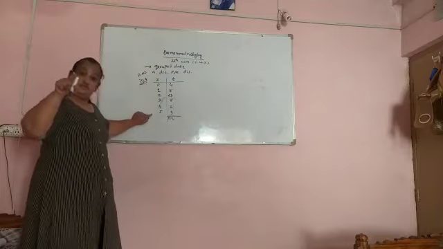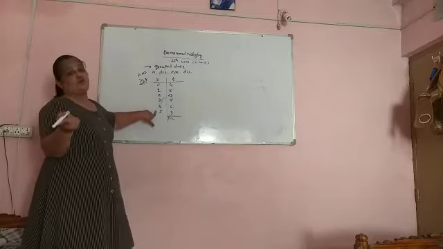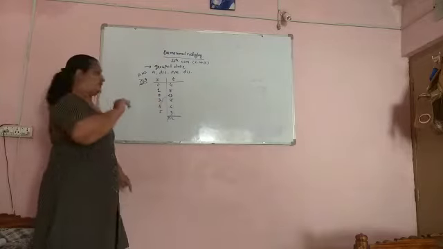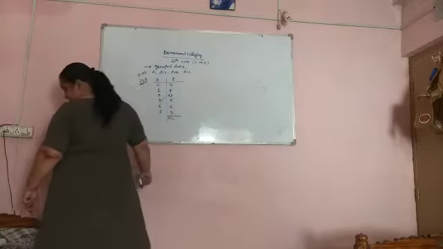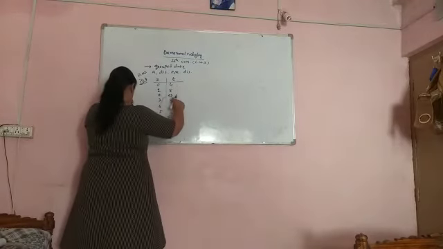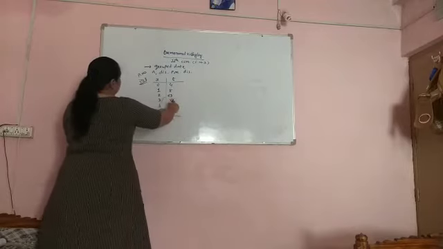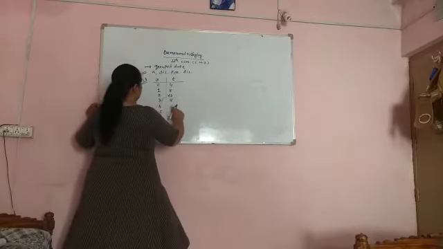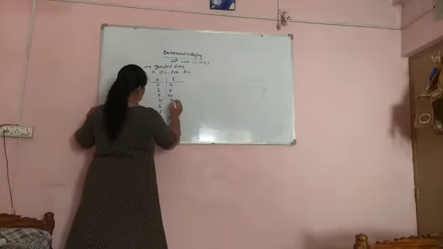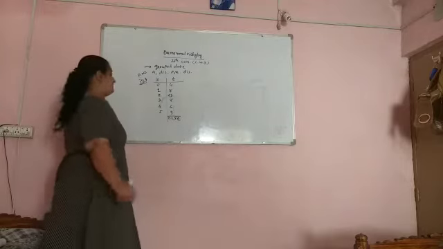In ungrouped data the total number of observations is your n, and in grouped data the total of the frequencies is your n. Then you should make the total of frequency. 4 and 8 is 12, and 3 is 15, 15 and 8, then 23 and 3, then 26 and 2, then 33 and 2 and 5, then n is equal to 52.